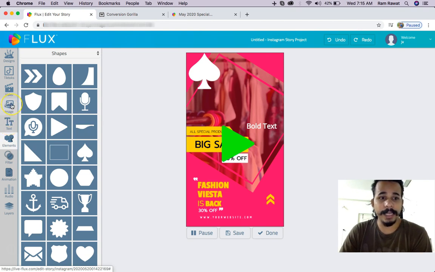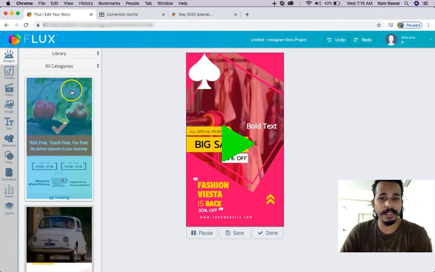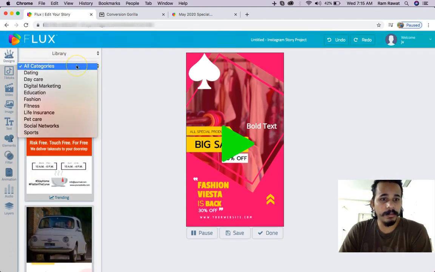I can add the text, I can even import my own images, I can add videos, I can even import TikToks from my TikTok account and use them as stories for my other social media platforms. So that can be done. And back to the designs, I can select whichever design I want. Suppose I want to select a design in fashion.